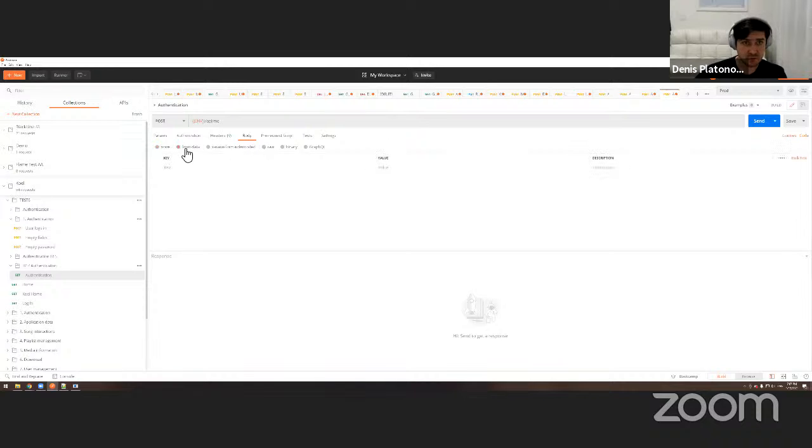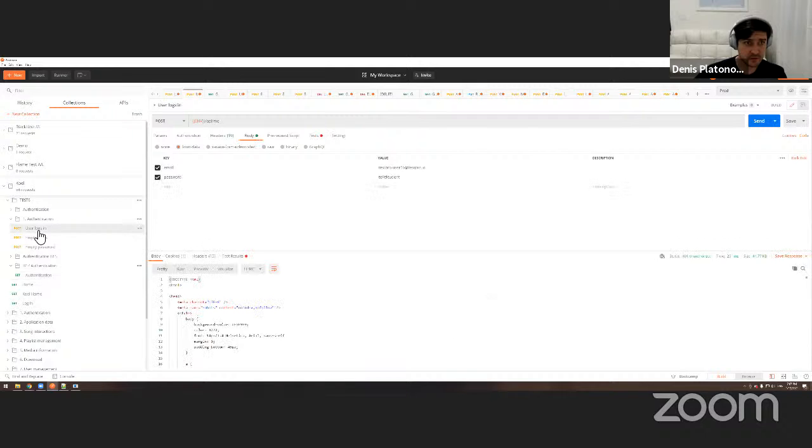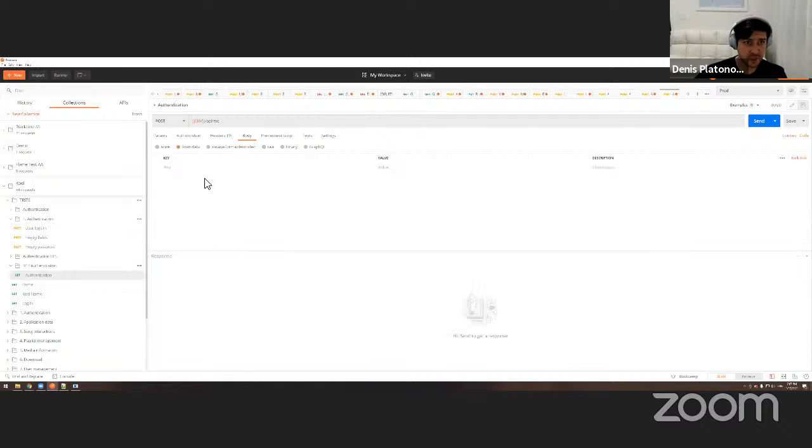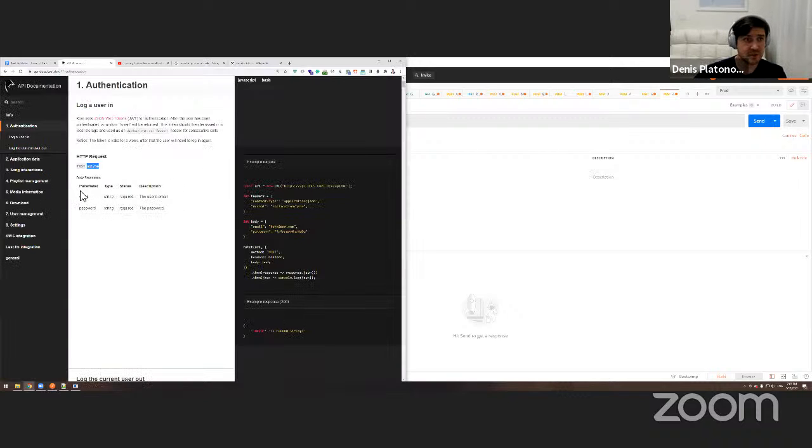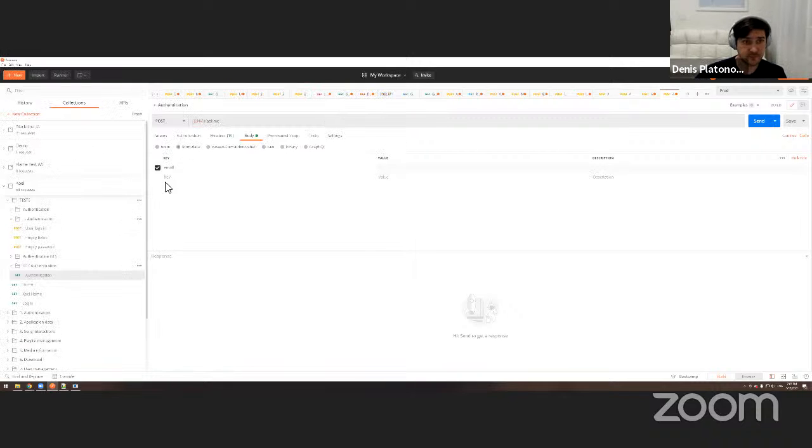And then body. It should be, what is this? Form data, I believe, right? Email and password. So first one is email, which is basically this one, right? And this one is password. What's the username, guys?